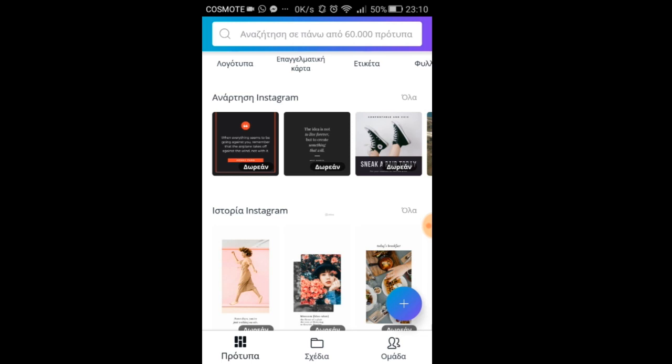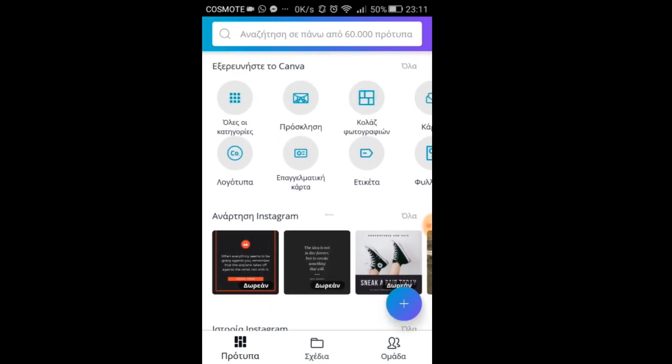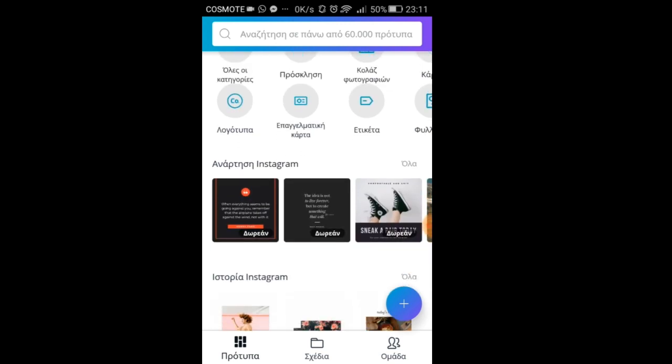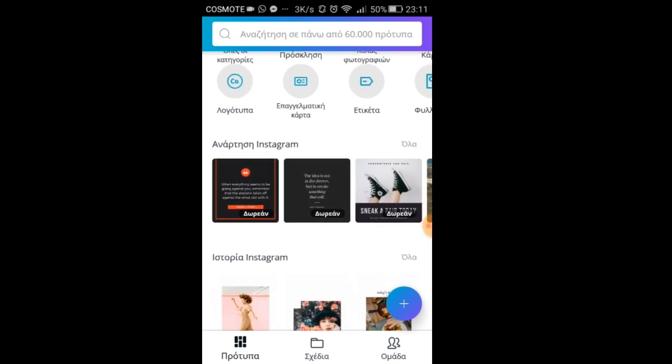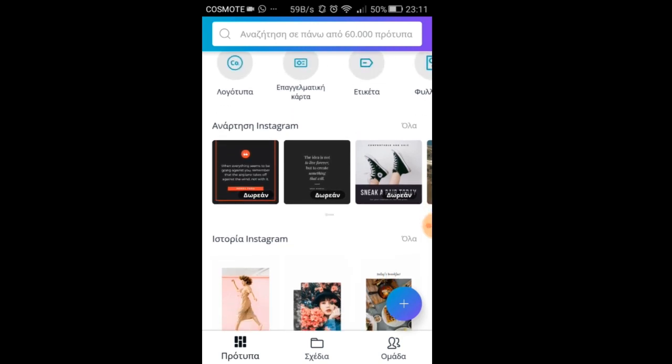good content. So in this row, actually, as you can see, this is the first page of Canva, and in this row with the shoes, etc., it says here on the top, post for Instagram, and the row below says story for Instagram. So actually Canva has inside its own application things about Instagram. And if you go here that says, I know this is Greek, but I will explain it somehow. If you go here that says all or see all,